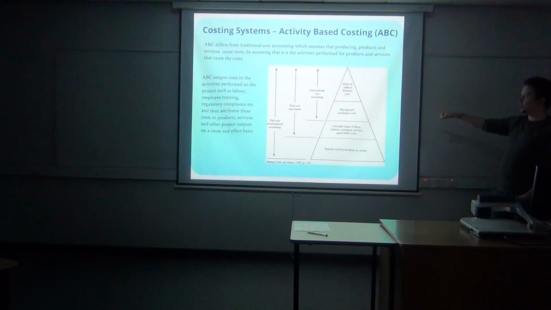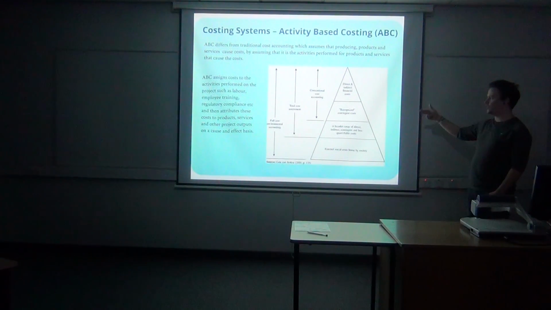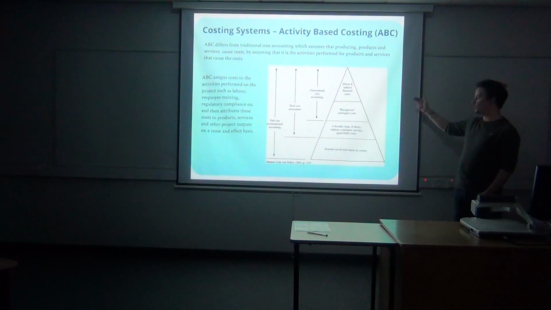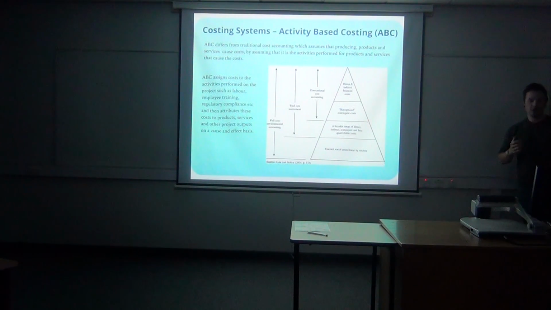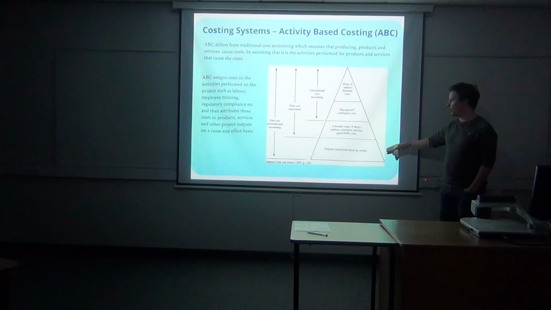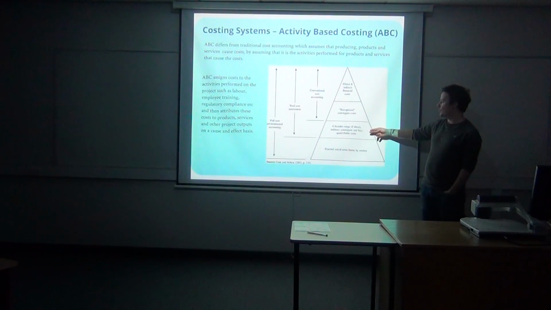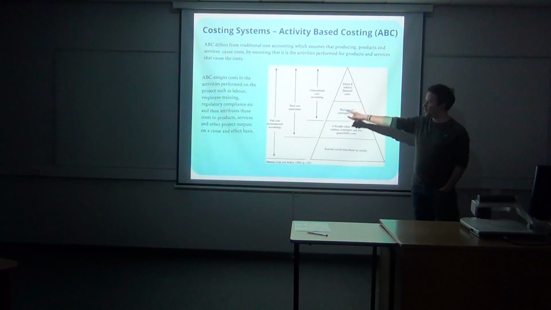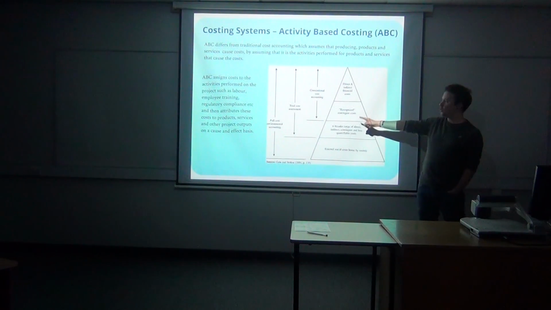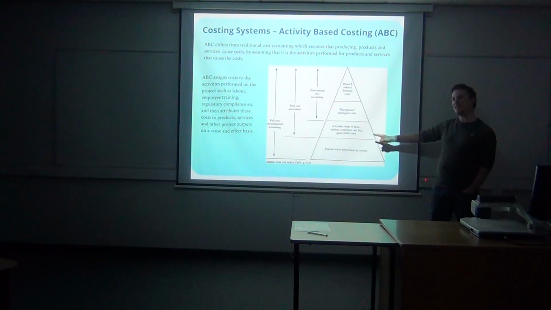So it assigns costs to activities in the project such as labour, employee training, regulatory compliance, and attributes these costs to products, services, and other project outputs on a cause and effect basis. So it looks at things like external social costs borne by society. It looks at things like contingency costs, things like risk costs. So full cost accounting, so trying to make sure that we look at every single aspect, every hidden part of